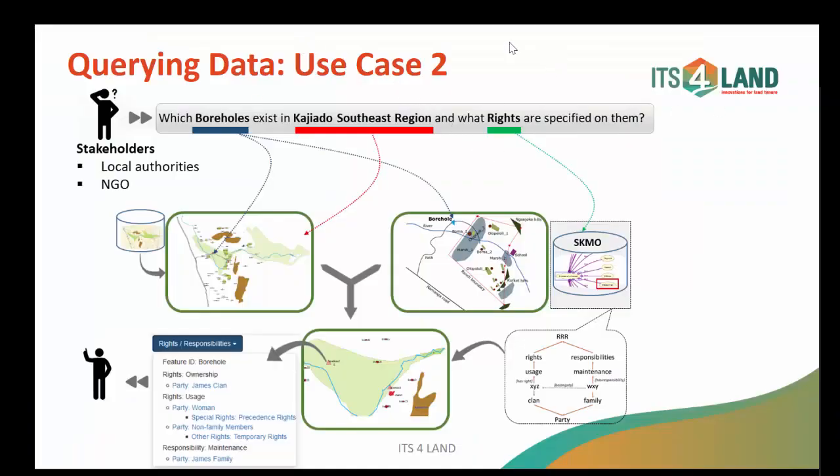The second use case we'll demonstrate today is that of querying this SmartSkeMa information. So consider again our initial situation. We have some stakeholders. This could be local authorities or NGOs, and the operator here as tool operator or as third-party data user. They want to find out which boreholes exist in this region of interest and what rights are specified on them. And the one thing that the SmartSkeMa will be able to return to them, of course, is